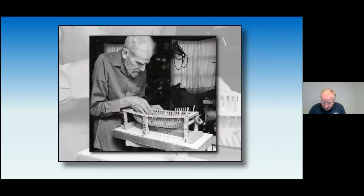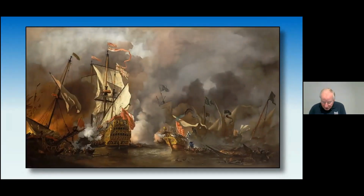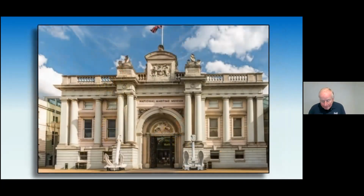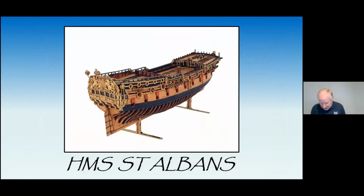Well, the most important category in the evolving design and employment of these, the largest moving structures in history, warships. This is, of course, that other National Maritime Museum, the one across the pond. And this is where Mr. Crabtree found his favorite ship, a 50-gun battleship, a ship of the line named St. Albans. Why St. Albans? Well,